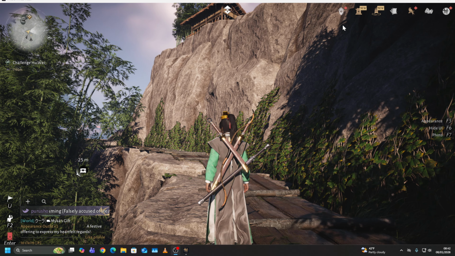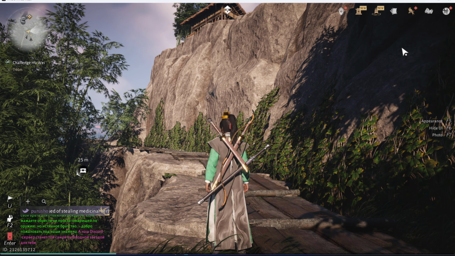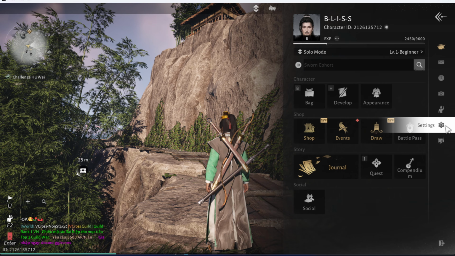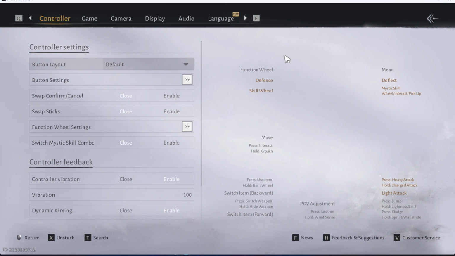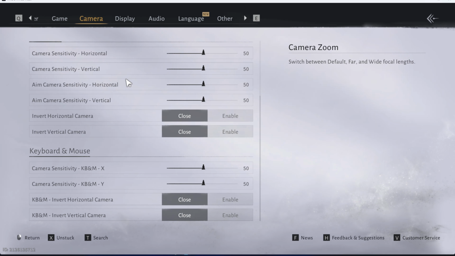So in this video, I'll be showing you how to change your camera settings in Where Winds Meet. Now all you have to do is just navigate to the menu and then select settings and then switch between the different sections until you get to camera. From here, you can now see your camera settings and you can go through all of these and customize them